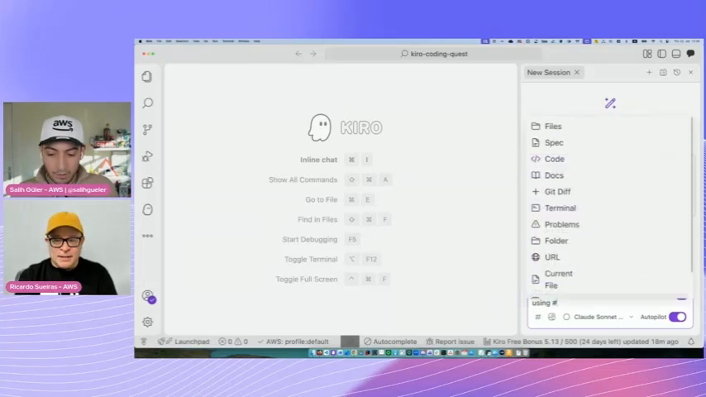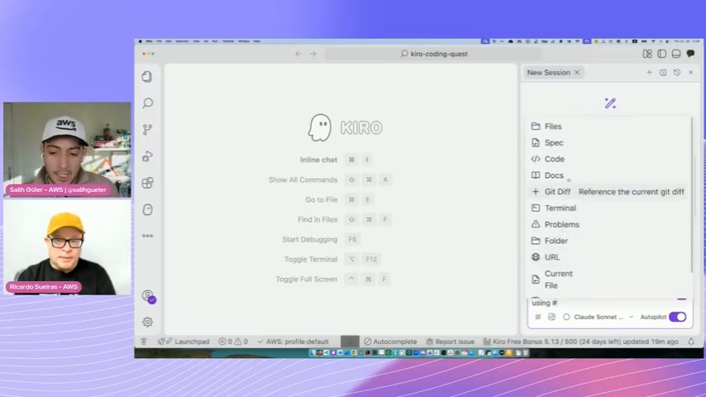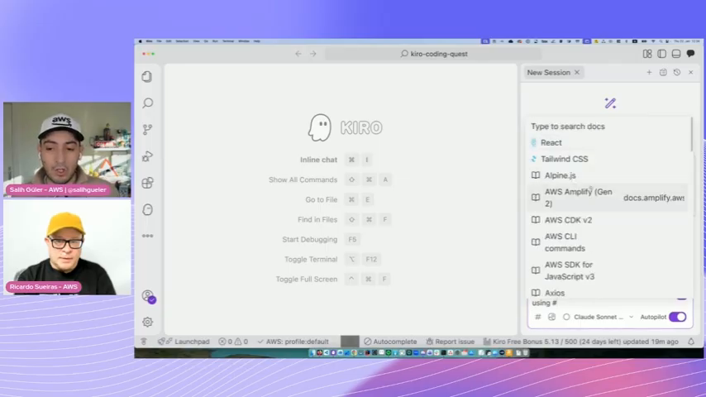Exactly. So this is something that Kiro allows you to do. When you click on hash, it brings up the various things you can reference, including specs, other specs, or steering files. You can have steering files, any kind of file, an MCP server, or an external URL as well. And you can also reference the docs. Docs doesn't mean it's the full documentation, but it's a nice summary of the documentation